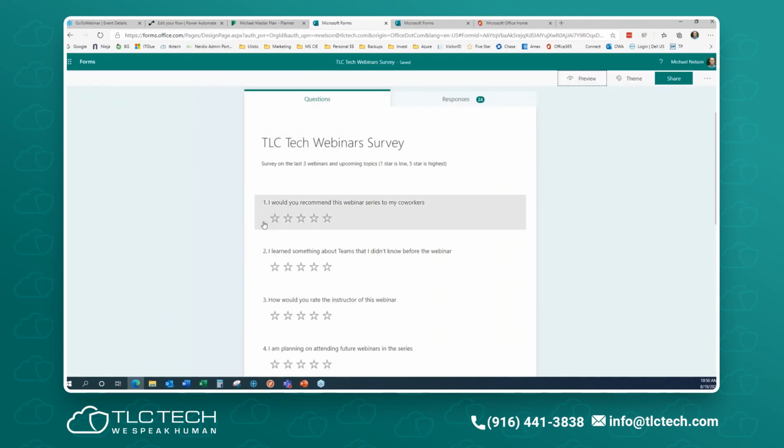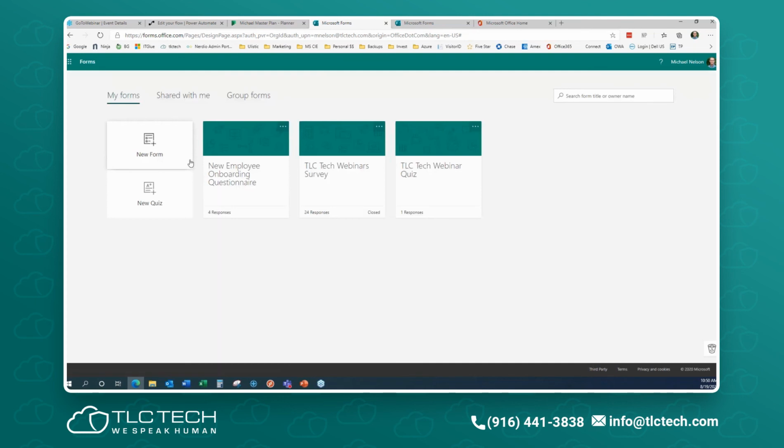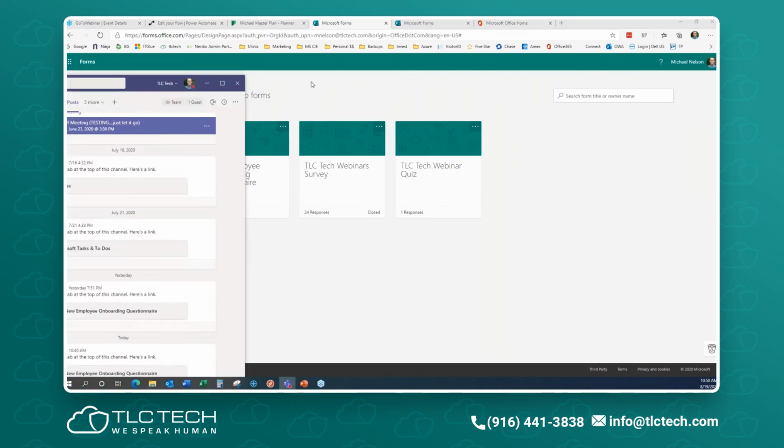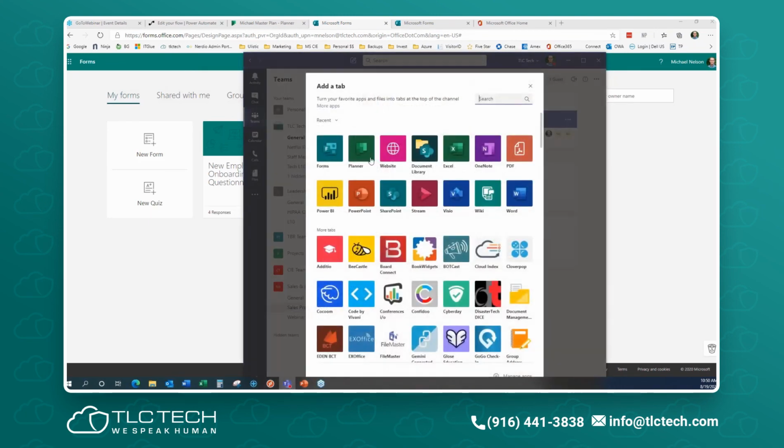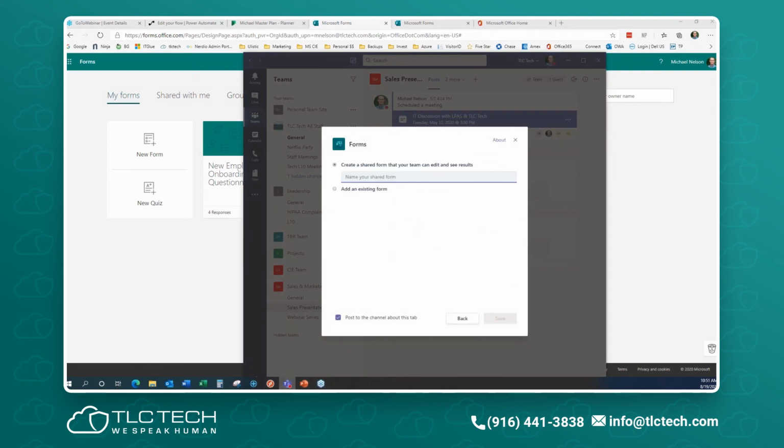It's just that simple. So if you're asking the best practices of how to use forms within Teams, build it inside the forms area first, and then go link it from the SharePoint or the team site. And again, you can do that on any channel that you want. Remember, these are channels. I can add what I want to any channel, same way. So you can have different forms interacting with different channels. You could have more than one.